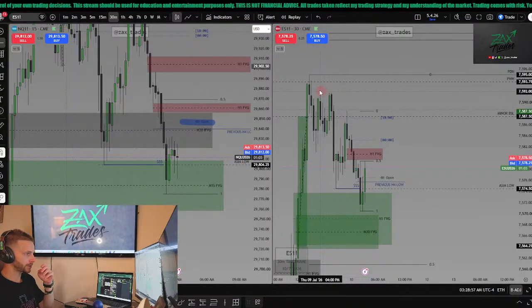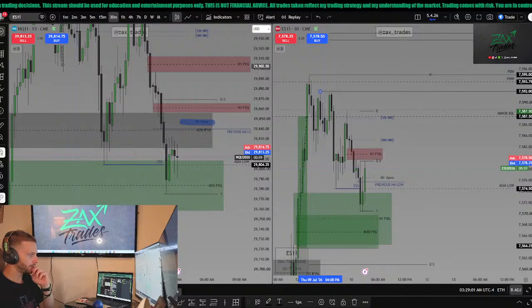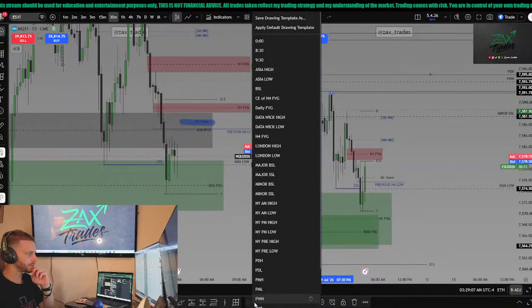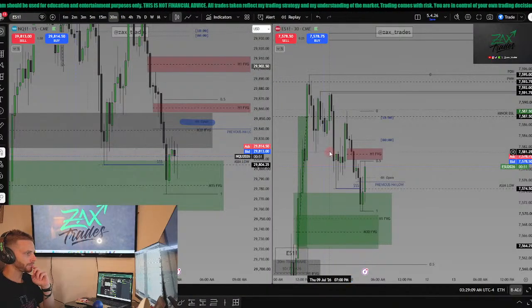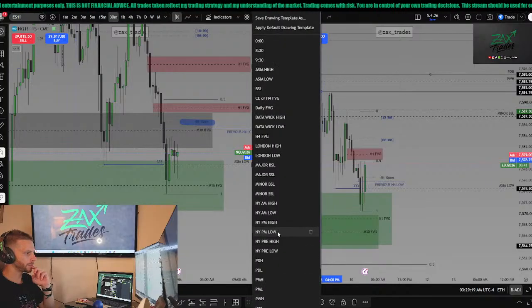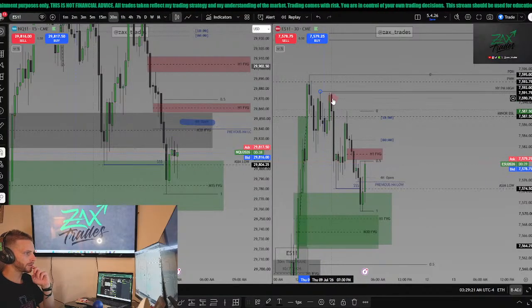Honestly, guys, ES is, I think, gonna frame up pretty well because it's got multiple swing highs that you can use. This first one, or the first one's previous day high. Then you could call this like New York PM high, and then this would technically be